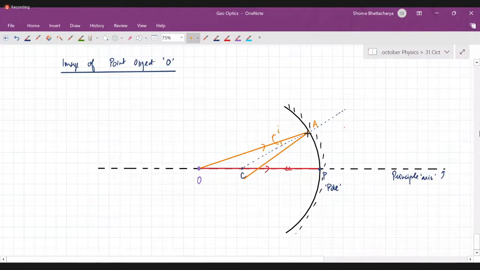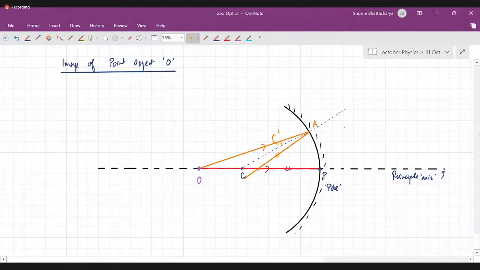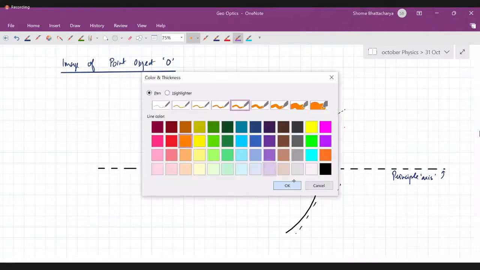Now, if we are able to show that all such reflected rays come back to the same point, then we can say that this point will become the point image of O. But we still have to prove that it's not just this particular ray that meets the principal axis, but all reflected rays are going to intersect at a common point. Then that will become the image of that point. And as you can see, in this case, it is a